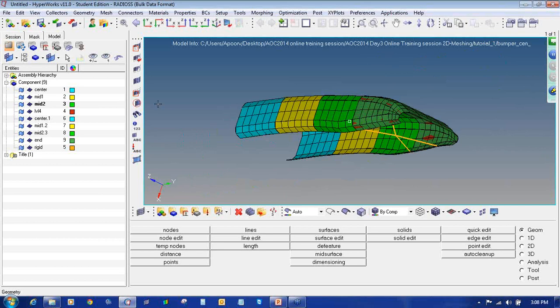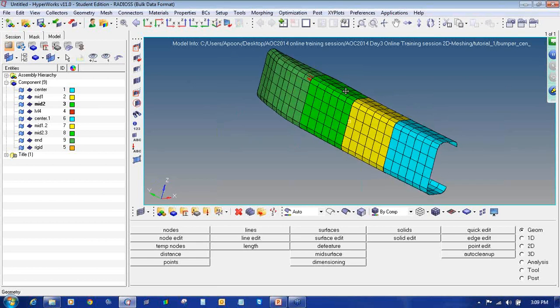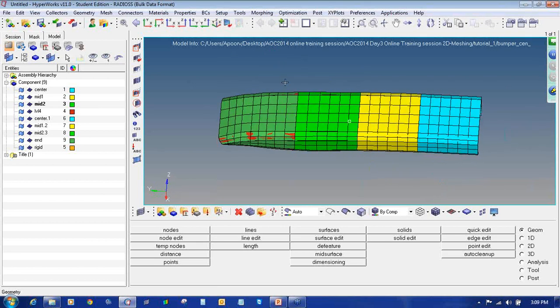So in this way I have opened the Hypermesh file, I have imported the model, we have seen how to import the IGS file and FEM file, which contains only the elements. Then we will see how to save the HM file.